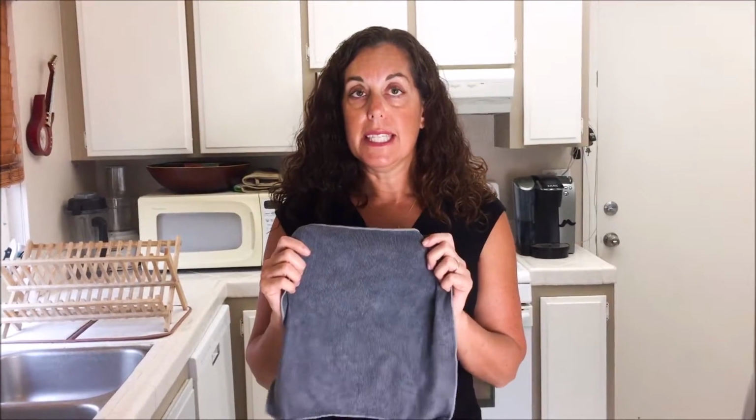So to be considered microfiber, if you imagine taking one human hair and you split it into 6 little pieces, that would be considered microfiber. So 1/6 the size of a human hair. But Norwex takes it a big step further than that, and the Norwex Microfiber is 1/200th the size of a human hair. So what that means is that it gives it incredible absorbency, and it's super dense, and it has